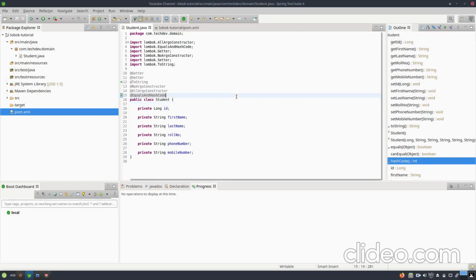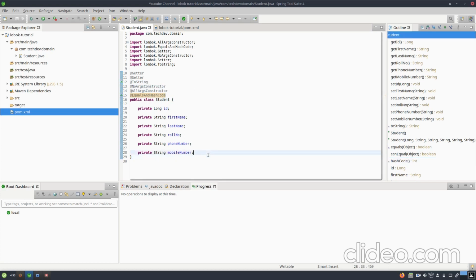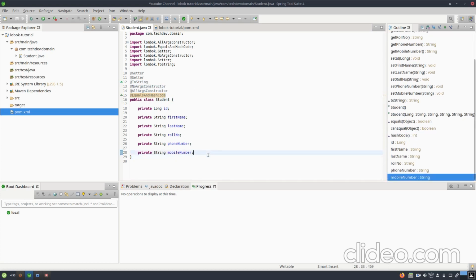As you know, I have just created the student class. In this, I have added getter, setter, toString, no argument constructor, and all argument constructor. For now, we have only 5 to 6 properties in our student class.